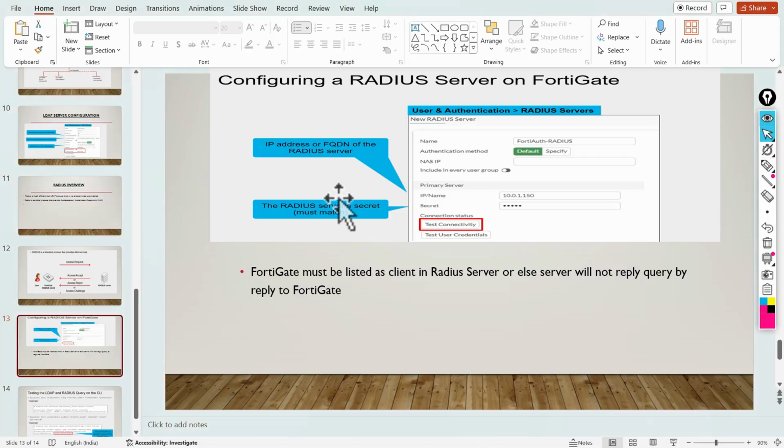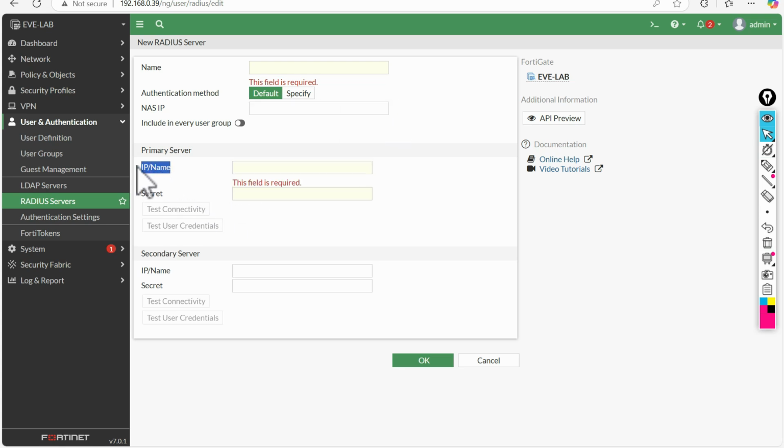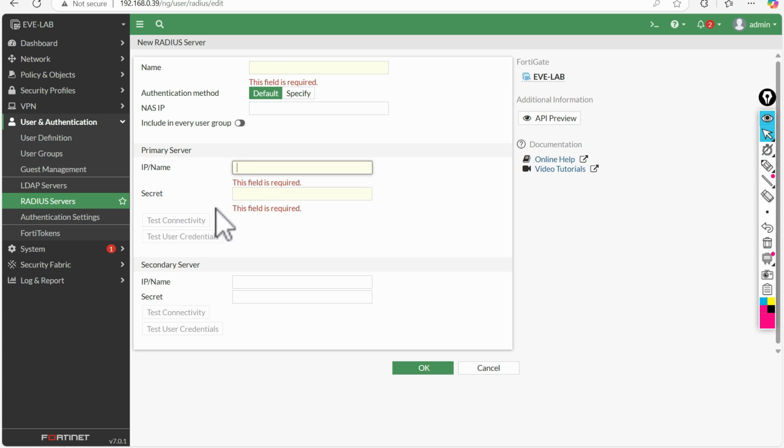This is the NAS IP, and here we have to define the primary RADIUS server name and shared secret key. Once we provide both, then we can use test connectivity and test user credentials.